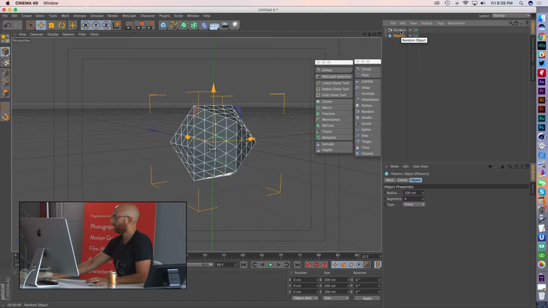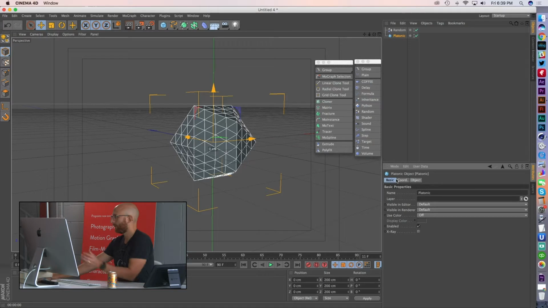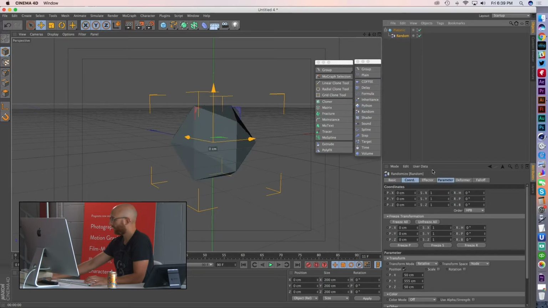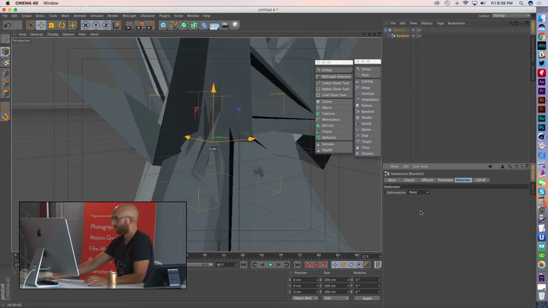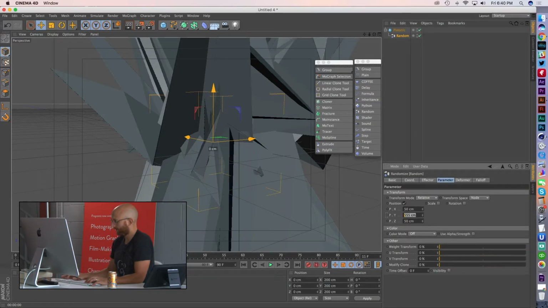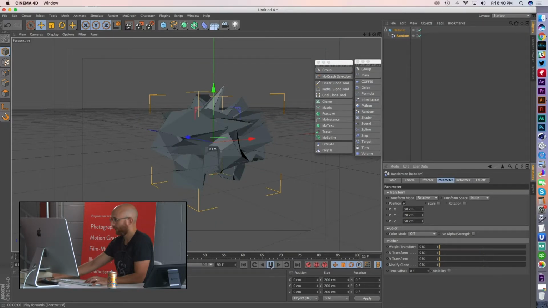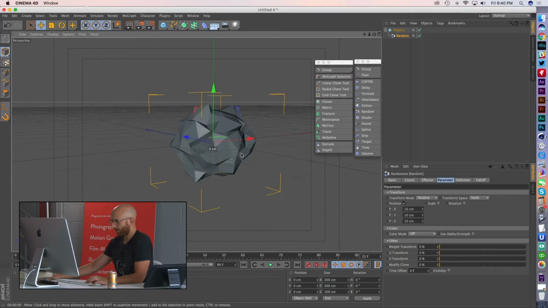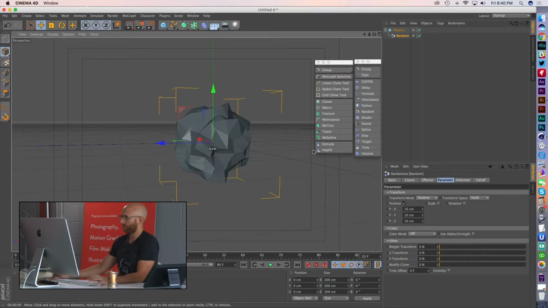What do I want to do here? I actually want to just make it a child, come into the random effector, and do point deformation. Come back here, let's say 20. Need that to go way down. Let's say 10. So what I'm doing now is actually using a random effector to affect the points of geometry